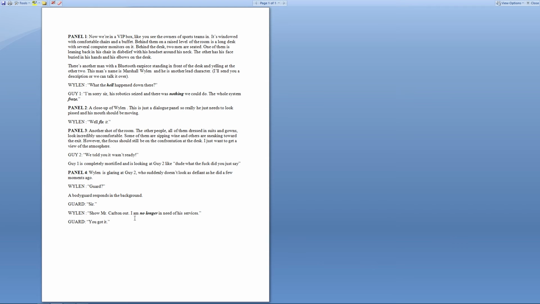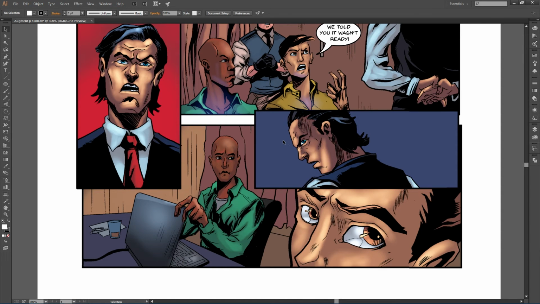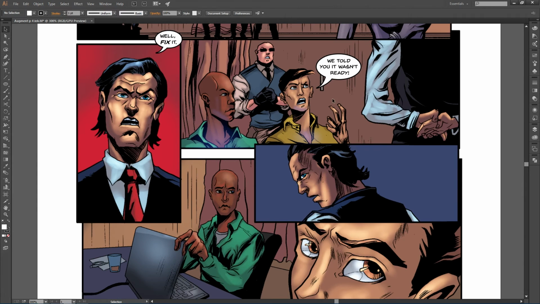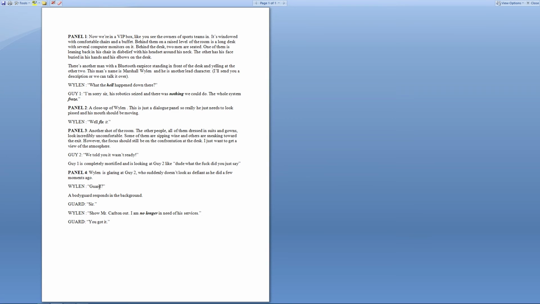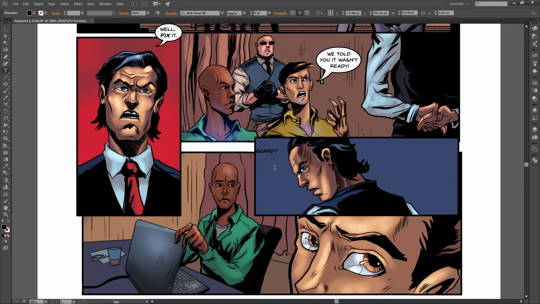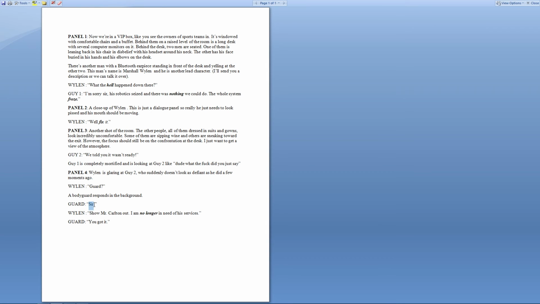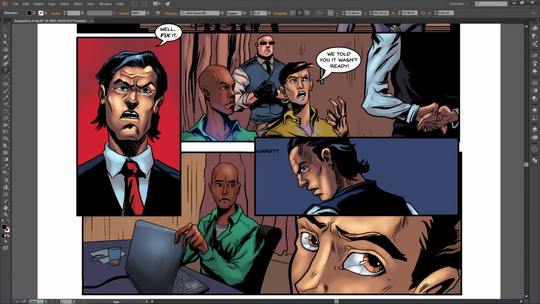Okay, so let me just see. Okay, here we can make something very interesting. We can make 3 of the balloons here, and we will get the guard balloon, because in these panels the guard is neither seen nor heard, so we will get all the words from the guard without pointers. Let's copy it, and then let's just paste it here. Guard. Whoops. Sir,